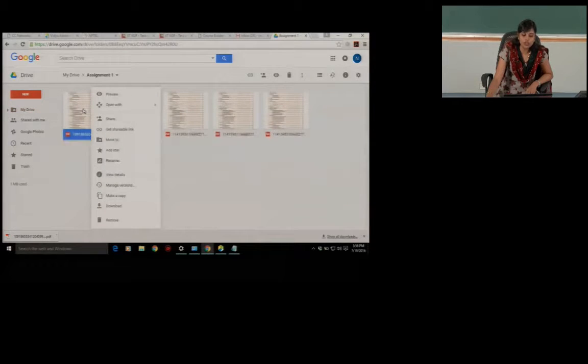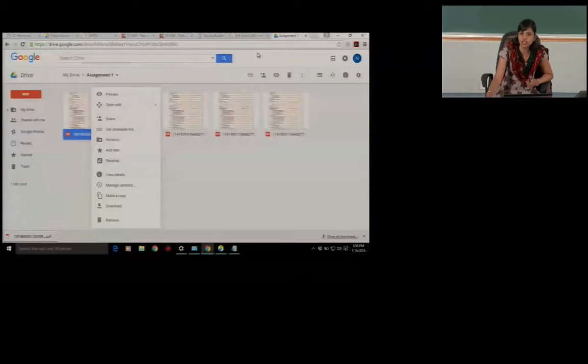So once I upload the file, as a student, I need to share the file with the admin ID of the course. Here we are using a test course, NOC15-IIT-KGP. The student needs to share the file with NOC15-IIT-KGP@nptel.iitm.ac.in. So whenever you are creating a subjective assignment, give clear instructions on